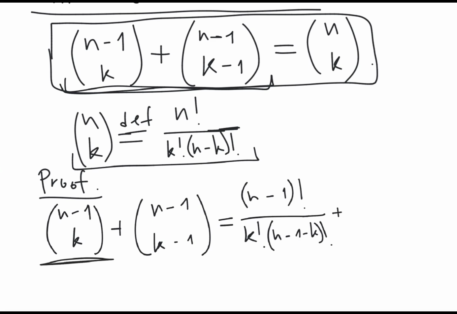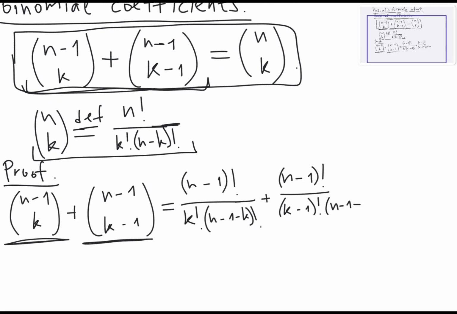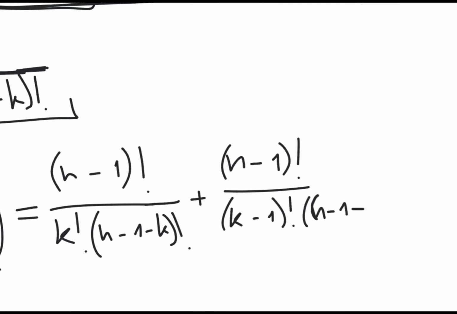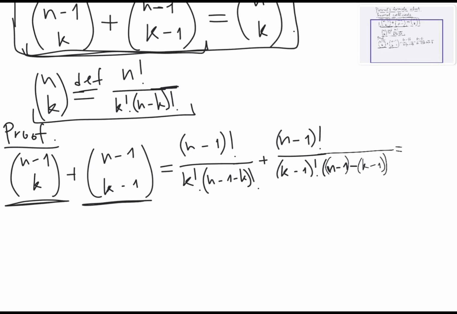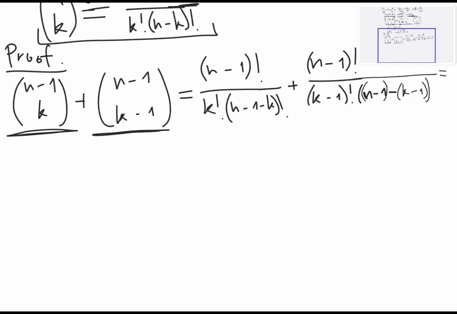This is the first binomial coefficient, and the second one is n minus 1 factorial over (k minus 1) factorial times (n minus 1 minus (k minus 1)) factorial. So this is equal to